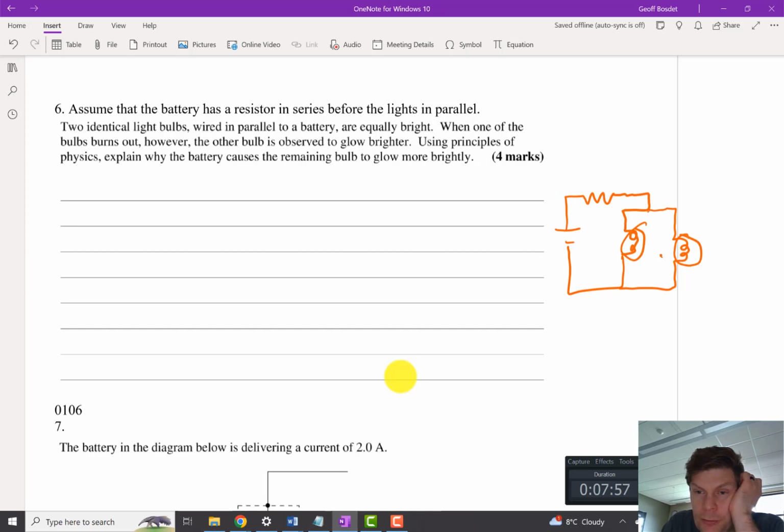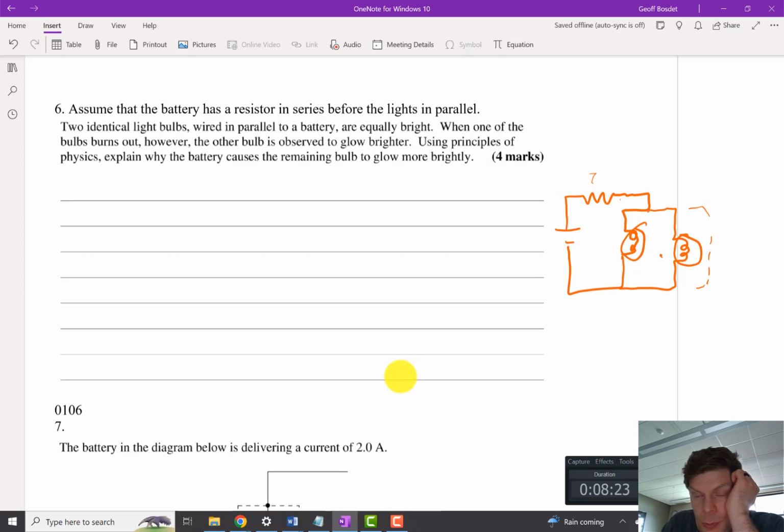Well, maybe not quite half. Anyway, it would have less of a voltage drop if it's a lesser percent of the resistance of the whole circuit. Because if this is say 70% of the total resistance of the circuit, it'll have 70% of the total voltage as the drop across it. That's kind of a trick. So anyway,